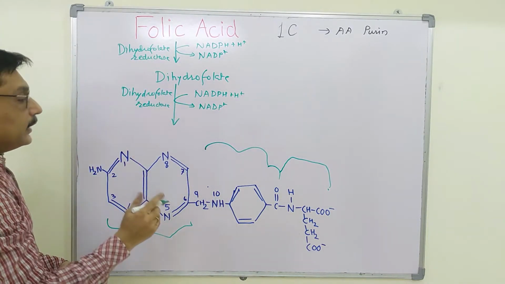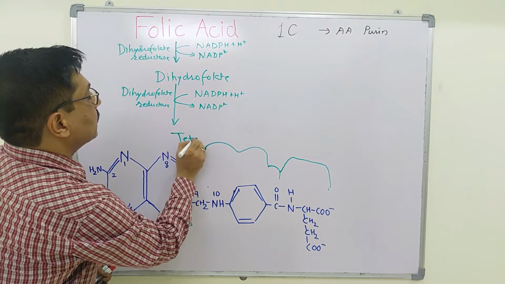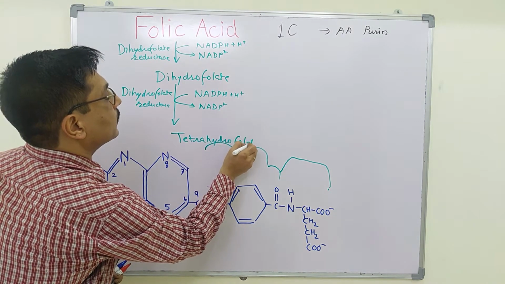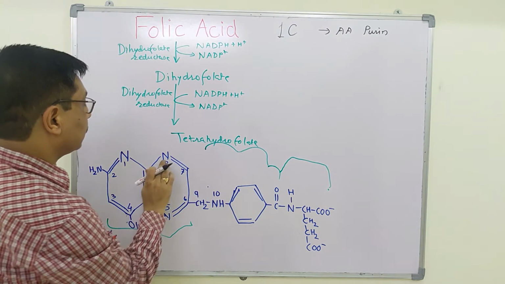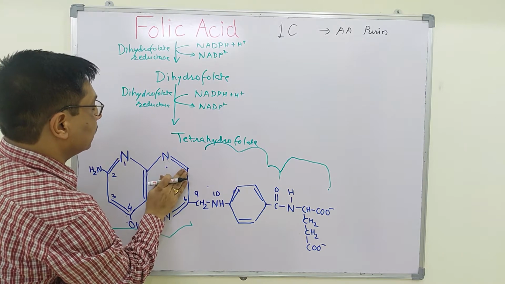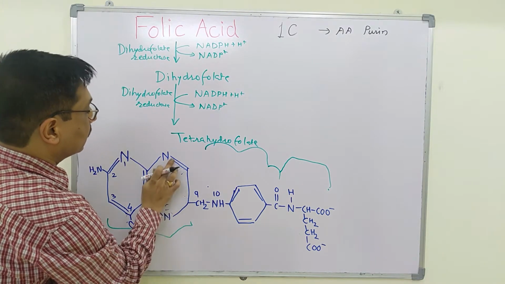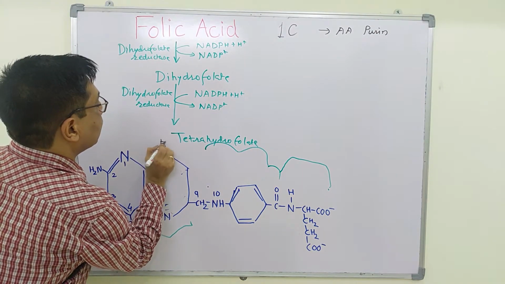In case of tetrahydrofolate, the hydrogen atoms are present at position 5, 6, 7, 8. There occurs removal of double bond, and here